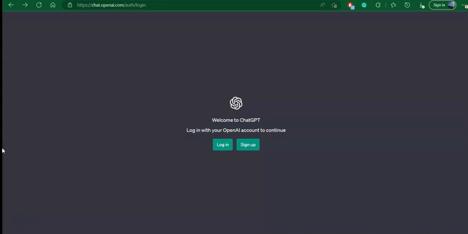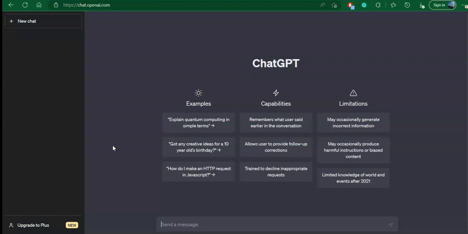Hi, today I'm going to talk about how to use ChatGPT on the computer. So first, you can go to chat.openai.com, and this would redirect you to a login page. If you haven't created an OpenAI account yet, you can go to the sign up page and follow directions there to continue. Once you have an account and you've logged in, it will redirect you to this homepage